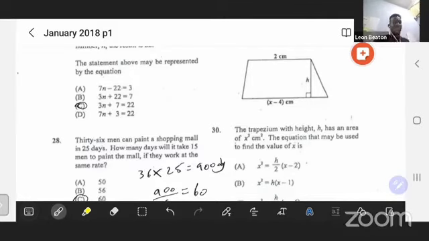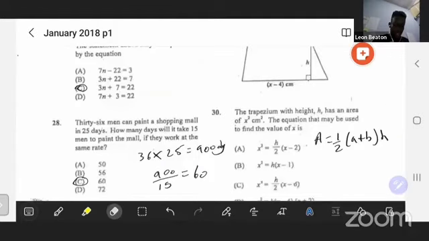I think in the front of this paper they will give you some formulas, and I think the formula for the area of a trapezium is there. I'm not sure. But anyways, the formula to find the area of a trapezium is area is equal to half (A plus B) times the height, where A and B are just the two parallel sides, which will be these two sides here. Whatever the values are for those two sides, just add them together and multiply by the height. So they give us the area, which is